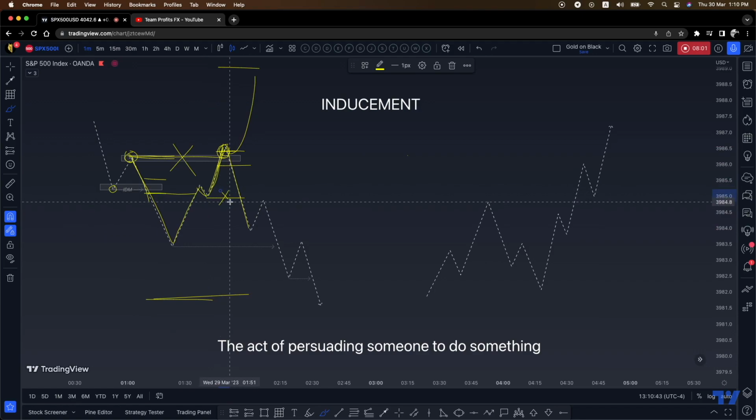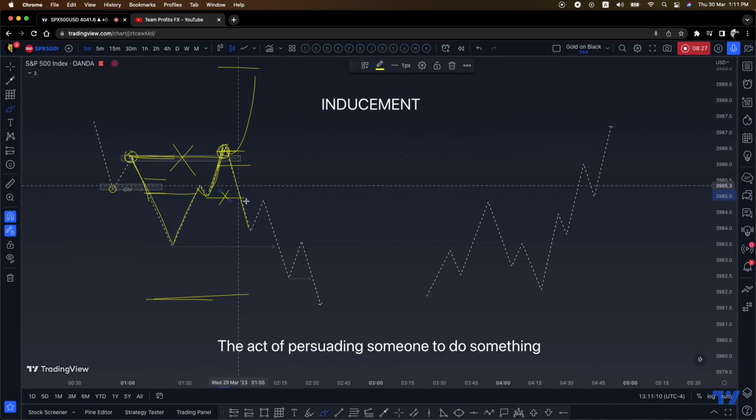Boom, right? So you see, it's taking liquidity, and this is, as I mentioned, what I believe. There is no liquidity without an inducement. Okay, the inducement has to happen. The inducement happens all the time. The markets will induce traders to do something. It will induce them to go and take a position to just simply buy or sell, whatever the situation is,